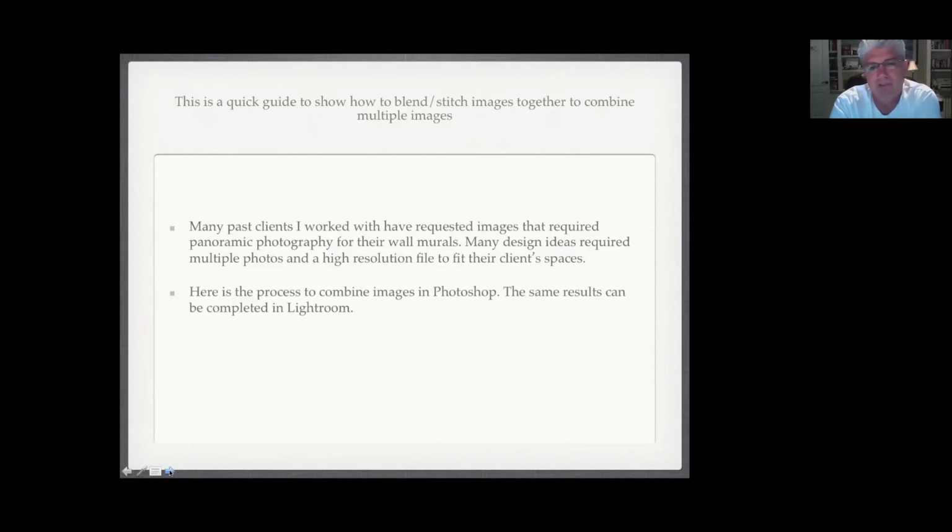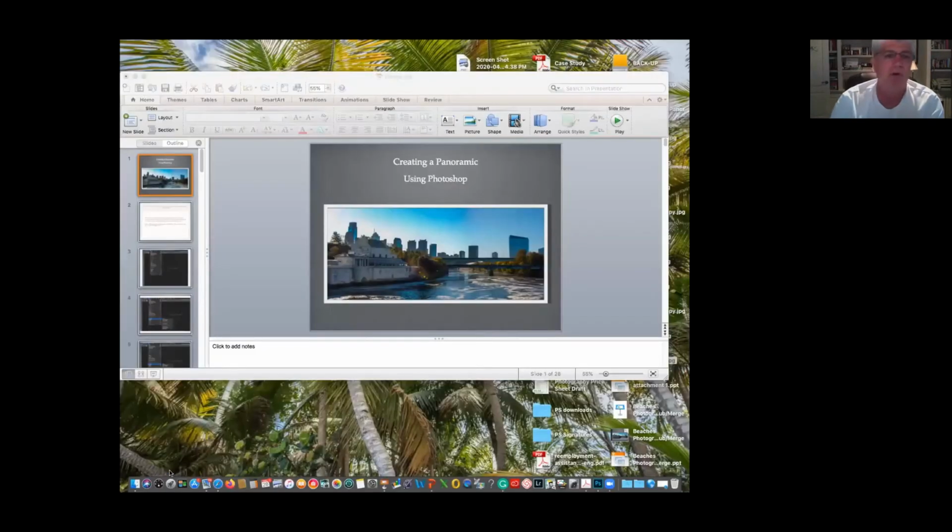The clients that I've worked with in the past on some of their wall murals were not able to achieve the look that they wanted with a single shot. And it would require multiple shots so that when you increase the design elements through graphic art,